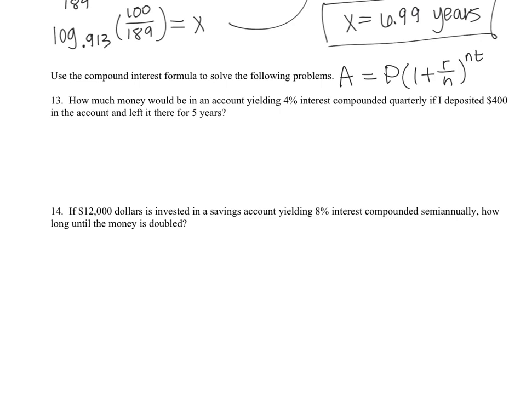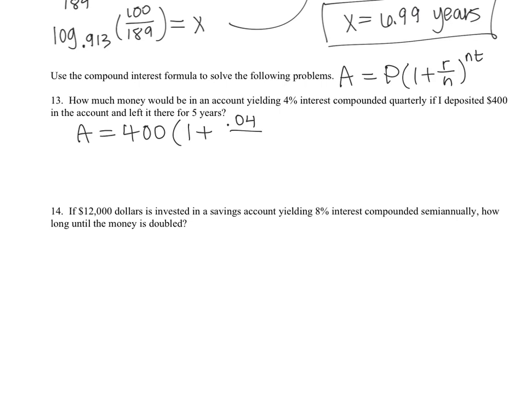So we're trying to solve for a final amount. So we're going to have A equals, P represents our initial amount, which in this case is $400. Then in parentheses, we're going to do 1 plus, r is our interest rate as a decimal, which in this case 4% as a decimal is 0.04, divided by n,